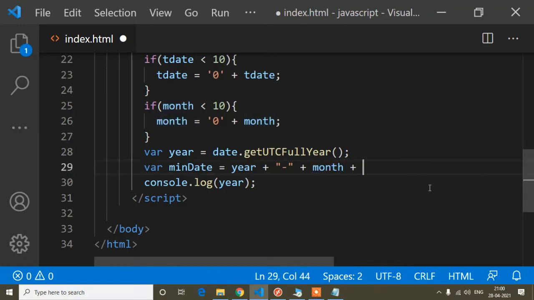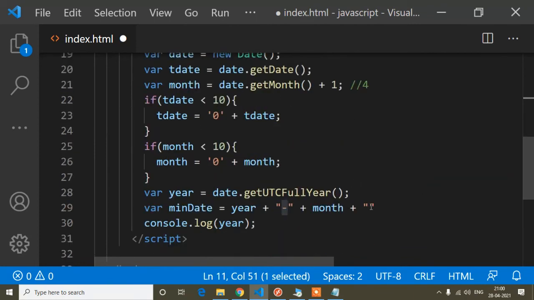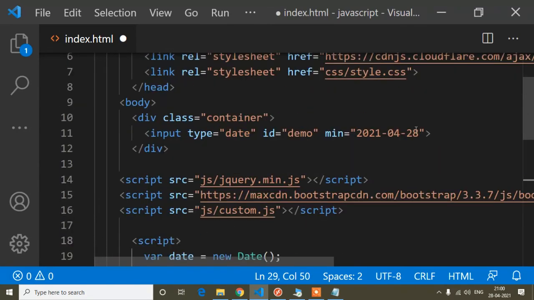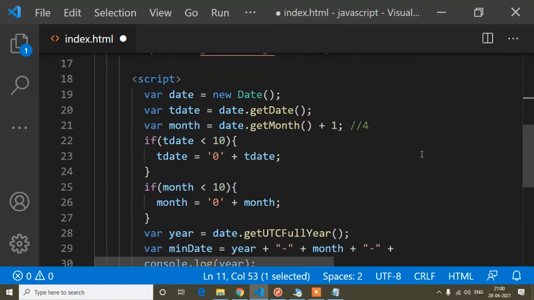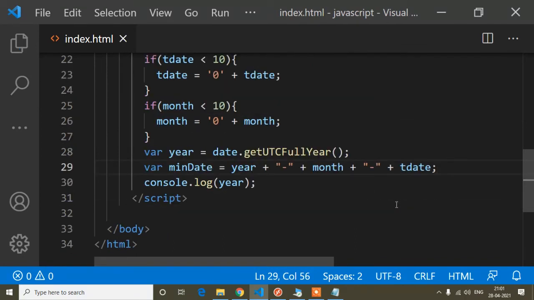And the same way after that it's this hyphen you can see. So I will write inverted comma and hyphen, then plus, and at the end today's date. So that means this date. So now paste. So guys, now I will copy this main date and I will print it in the console.